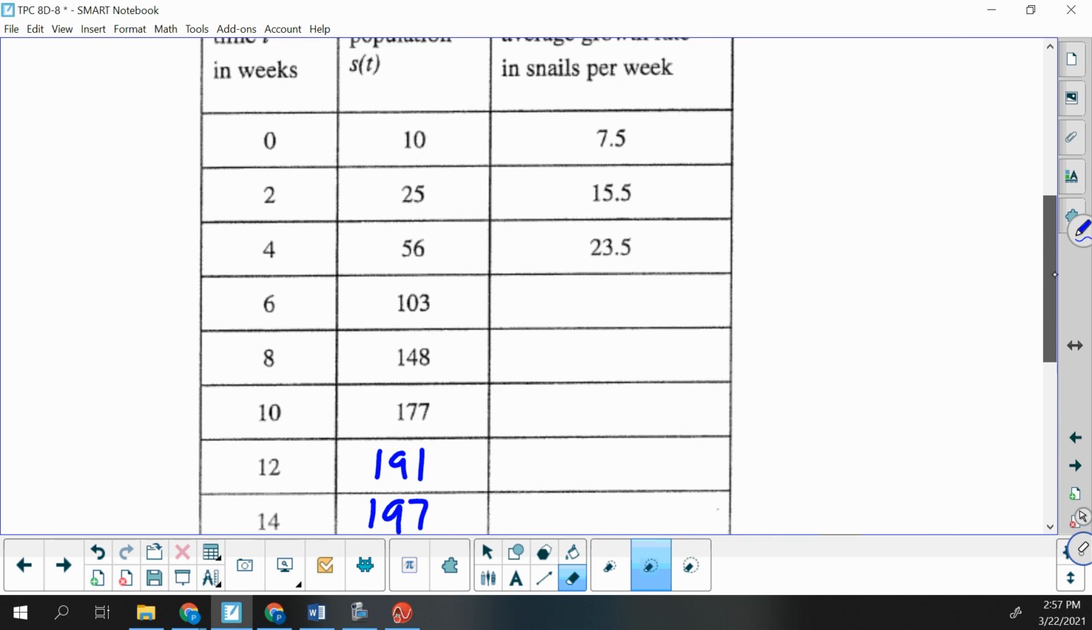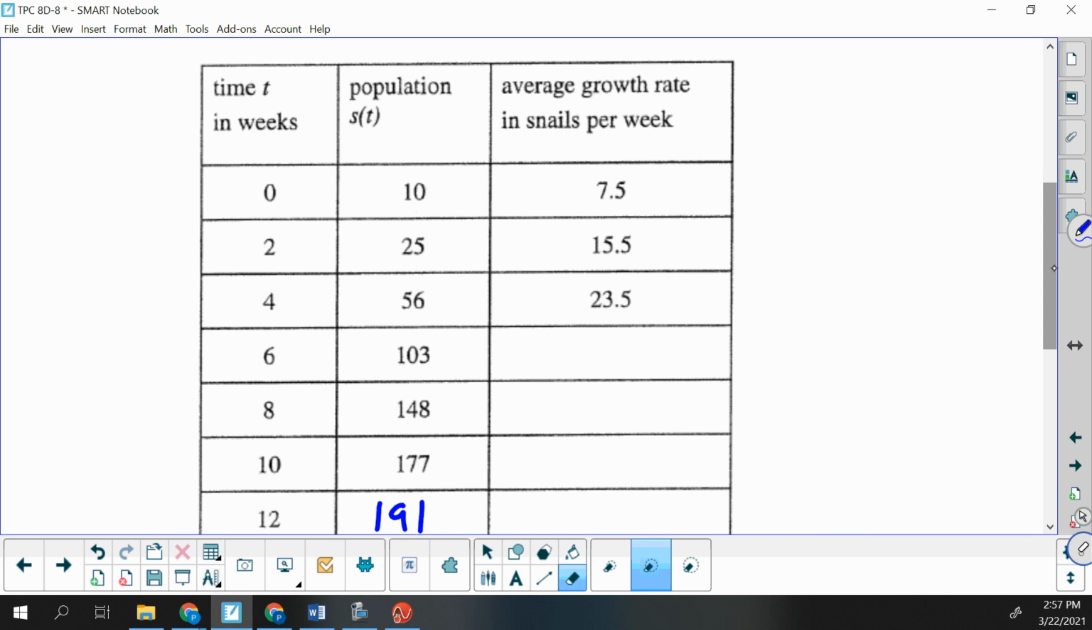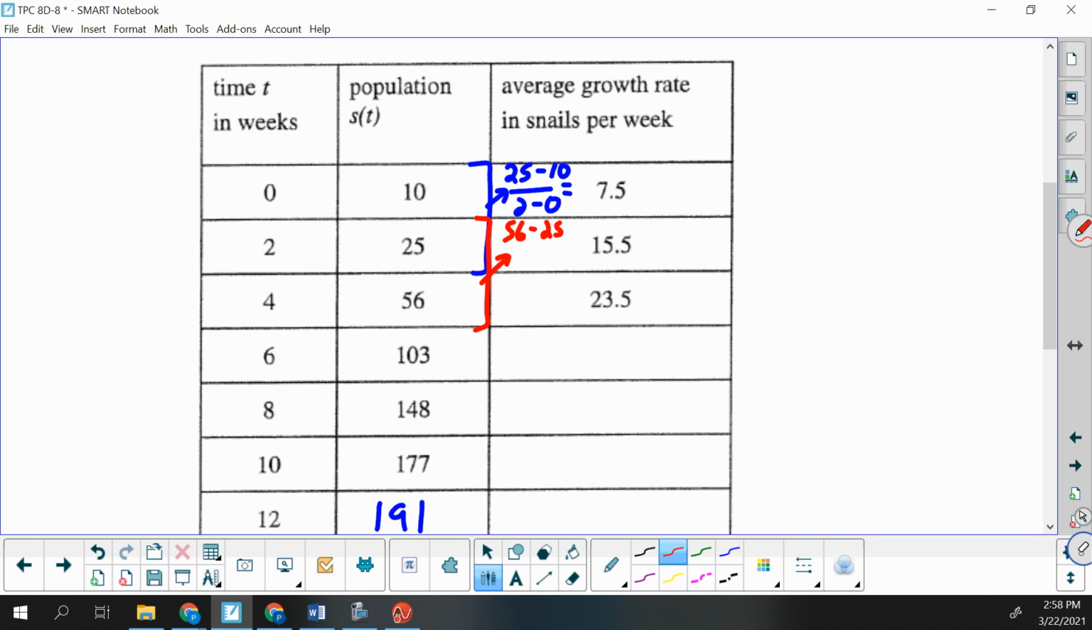So now where are these growth rates coming from? Well, the 7.5 is coming from here. They're doing a slope. A rate is just a slope. So they're doing 25 minus 10 over 2 minus 0. And that's giving us the 7.5. Then the next one, they're taking these two, the 56 and 25. So they're doing 56 minus 25 over 4 minus 2. And then they're doing,